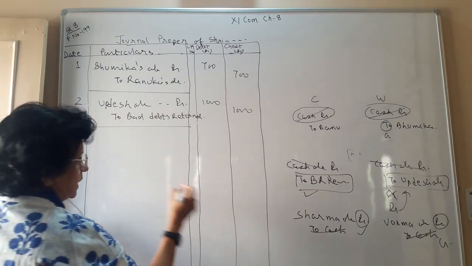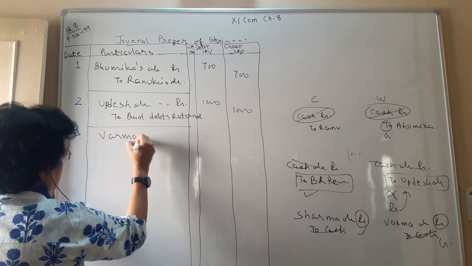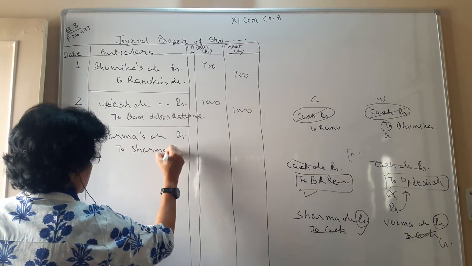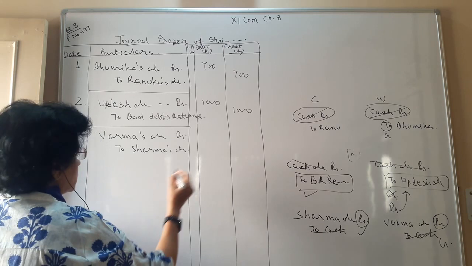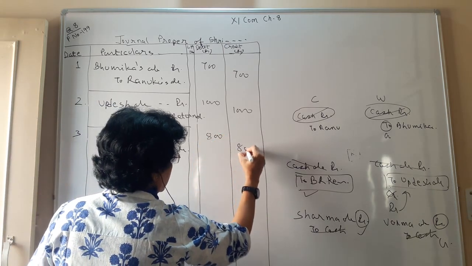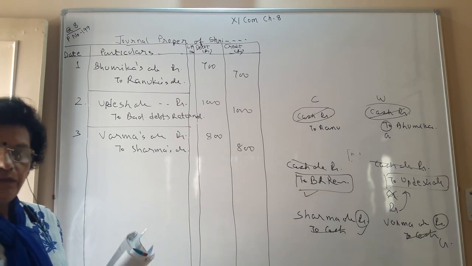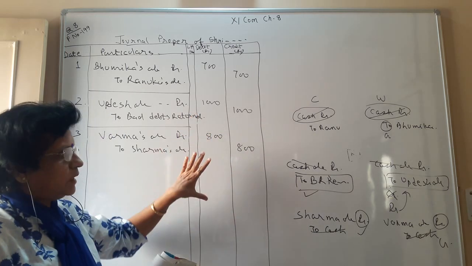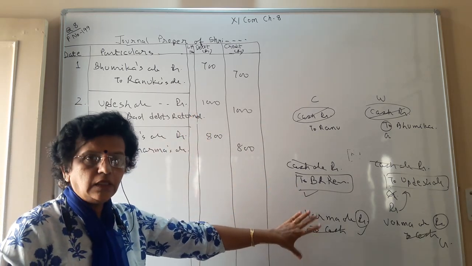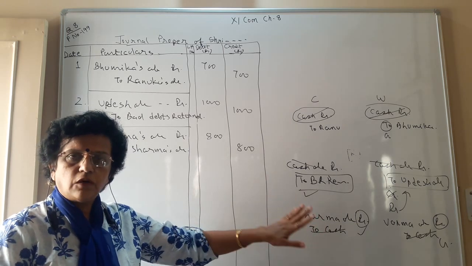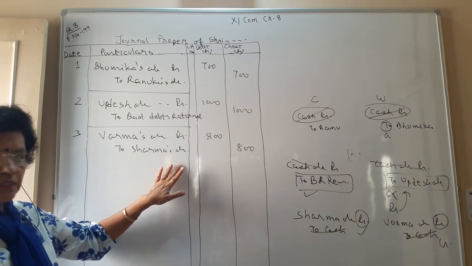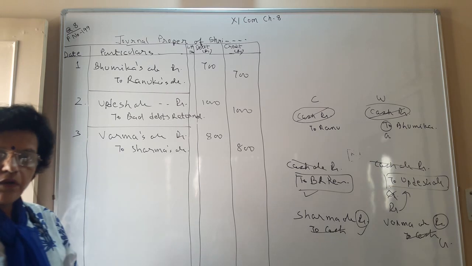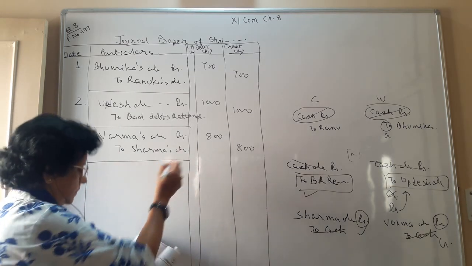Number 3, that is Verma account debit to Sharma's account. Amount is rupees 800. There are so many different types of rectification entry we will be learning. We have one chapter in part 2 later on, but these all are the basic rectification journal entries of wrongly recorded one account instead of another. So again here your narration is being rectification entry for wrongly recorded Verma's account instead of Sharma. So that is what narration is to be written.